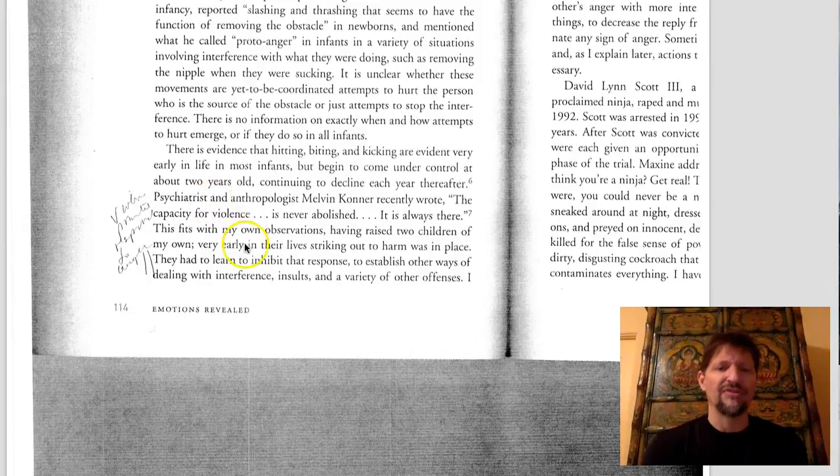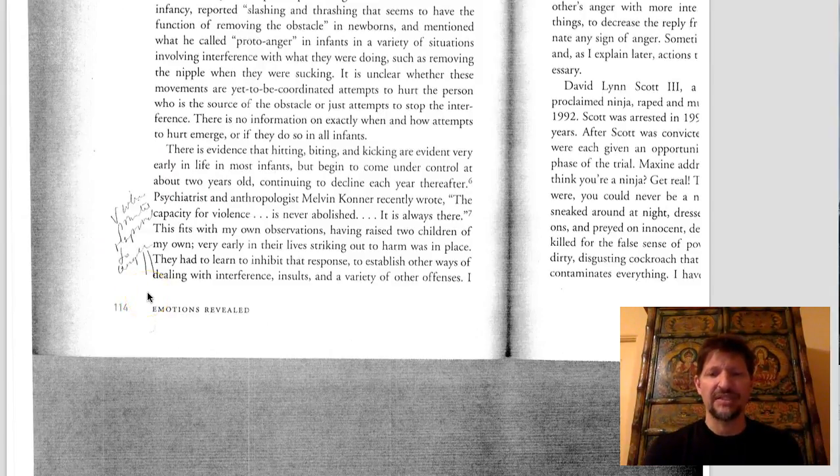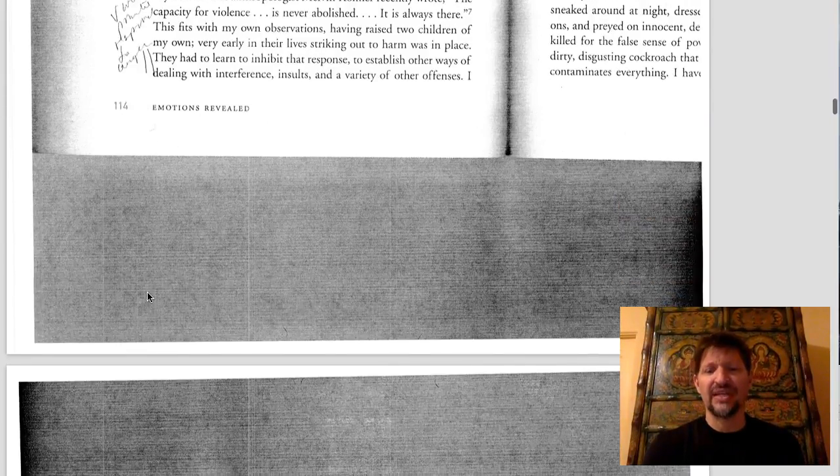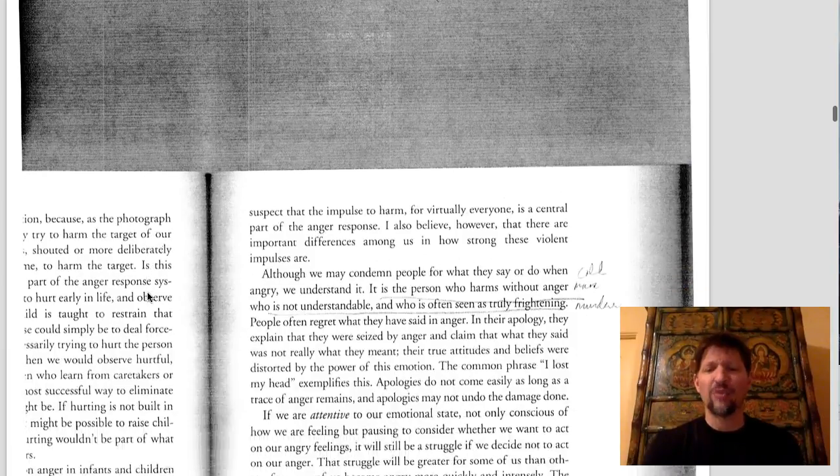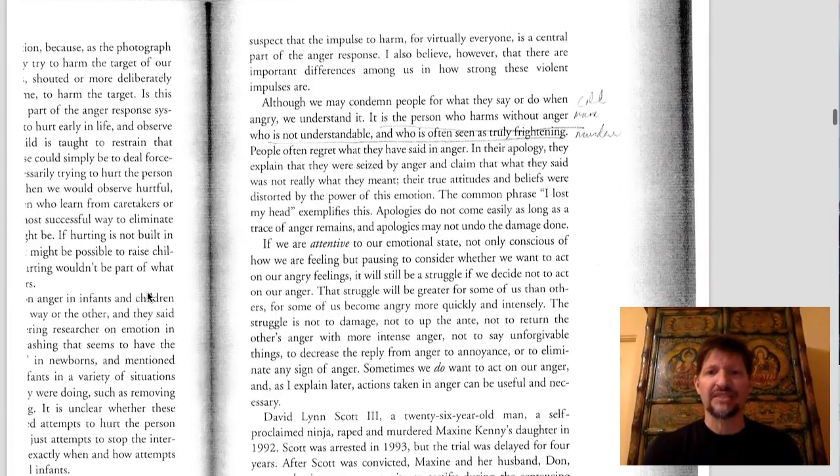There's a little bit of talk about violence, how in the early ages we tend to kick out and use violence when we're angry, and then we learn to inhibit that response. Again, this is a theme you'll see over and over again in these books, this notion that avoiding or inhibiting negative responses is pretty much the only thing you can do. We don't believe that in this class. We're trying to interrupt them, understand them, learn into them, and then transform these emotions in the direction of their positive opposites. So that's a little bit of a different approach in this class than you'll see in a lot of these